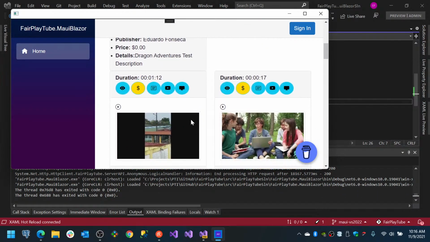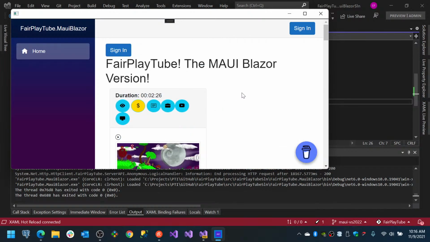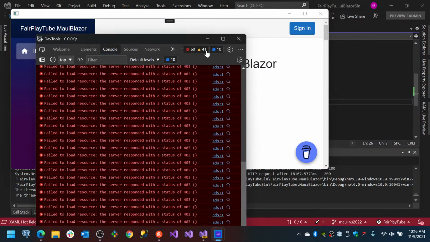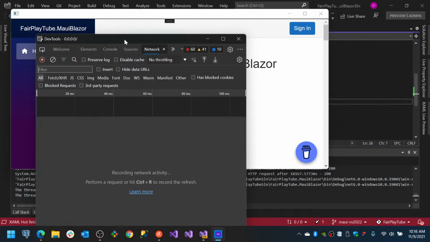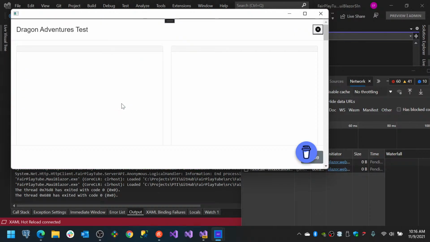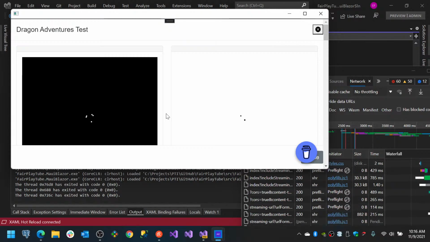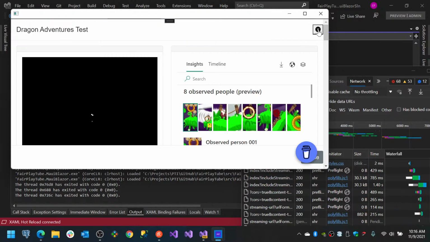And now it already loaded the data. And you can see that we can click in there and we'll see the insights on the video, right? So it's already working in the Maui Blazor application,